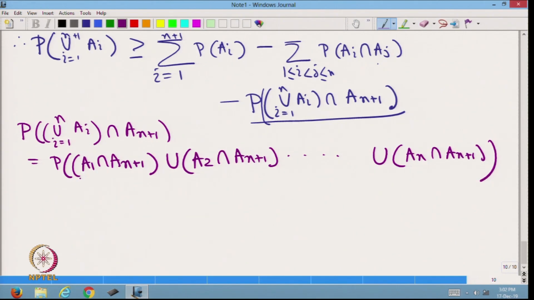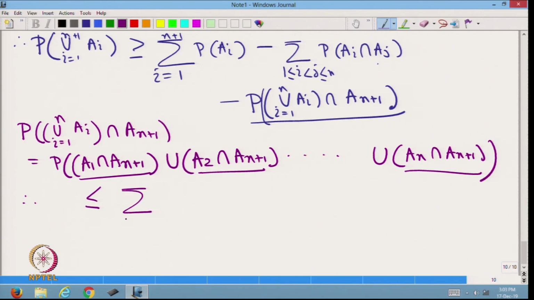Now, this is now a union over n events, and therefore, by the first result we can write that this is less than or equal to